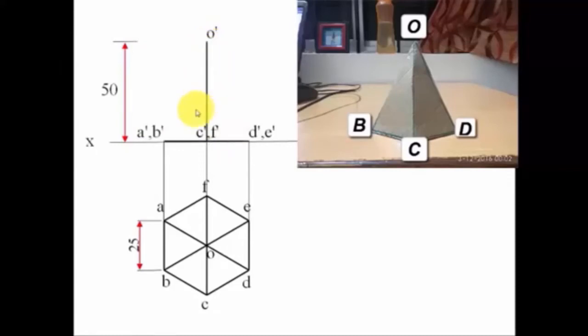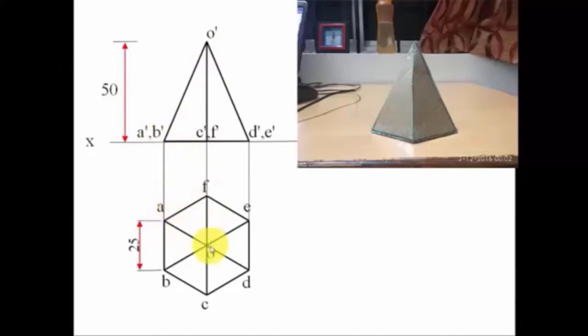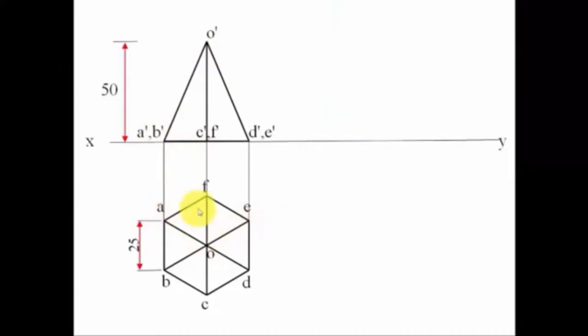Okay, and you're going to see these three slant edges from BO, CO, and DO. You need to join them, something like this. Okay, D dash O dash, C dash O dash, and B dash O dash. Whereas the slant edges AO, FO, and EO will not be seen, and they're going to be overlapped by these solid lines. Okay, now this is the first step, and in the next step we need to incline the axis.